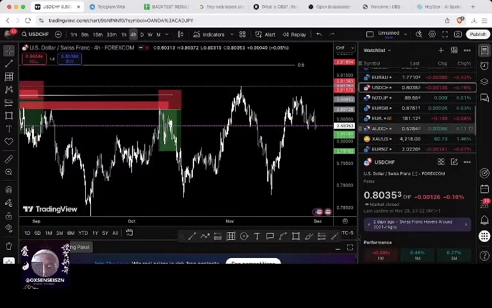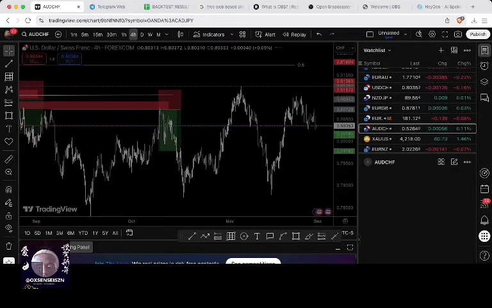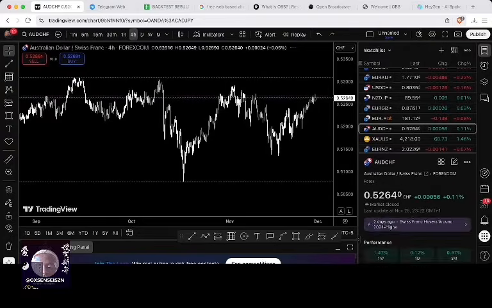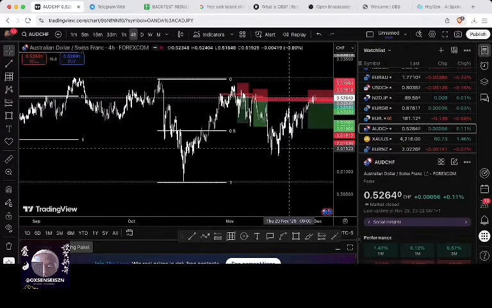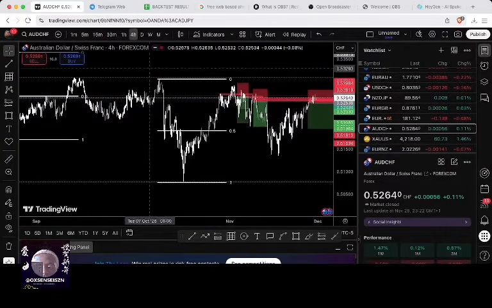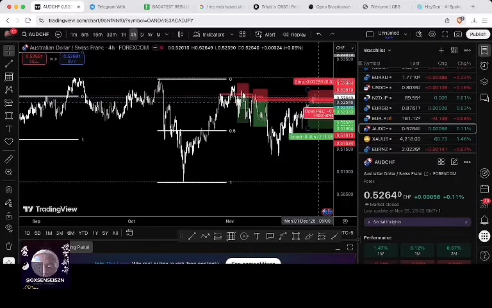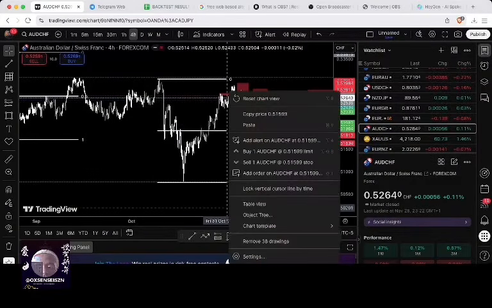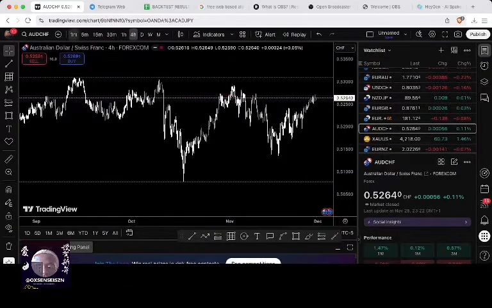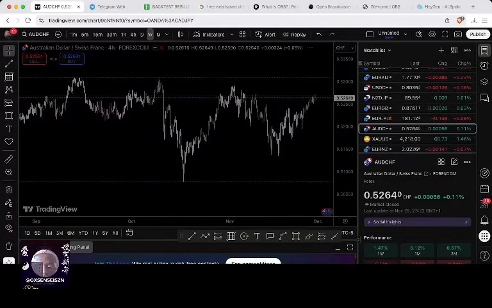Let's look at AUDCHF. This is a very recent trade from a couple of weeks ago. Two sells on AUDCHF. Let me proceed to remove drawings. Currently I'm in an AUDCHF trade at the moment, but let's remove drawings and see how we're able to establish this